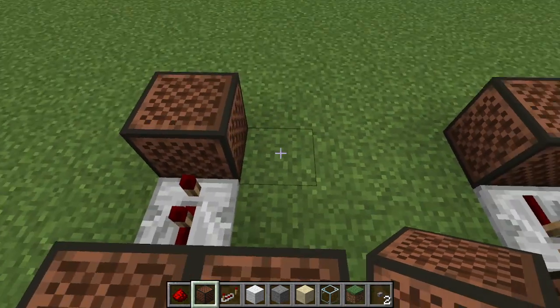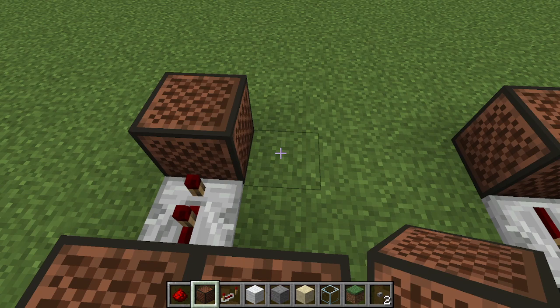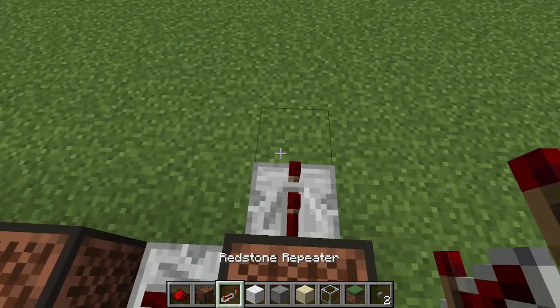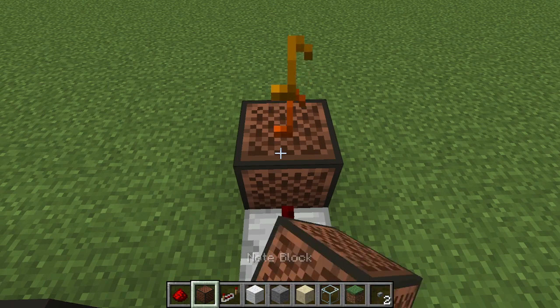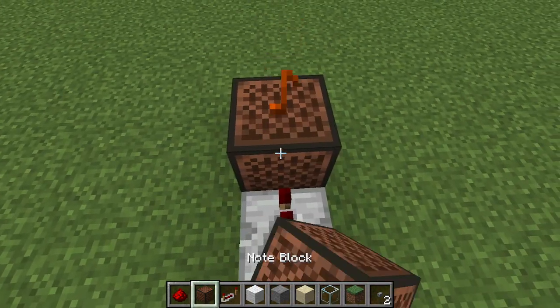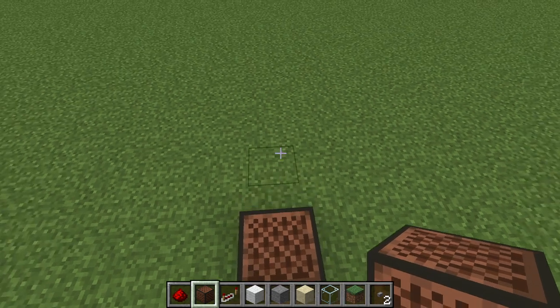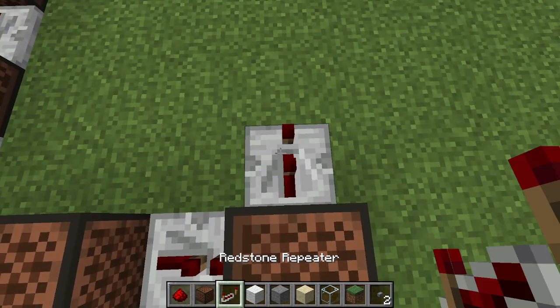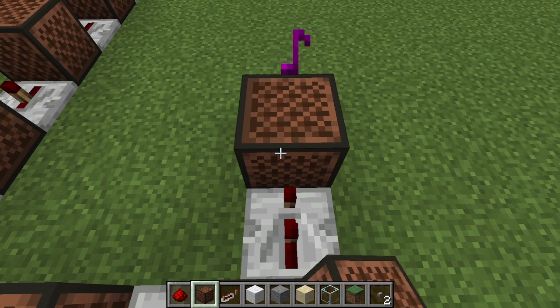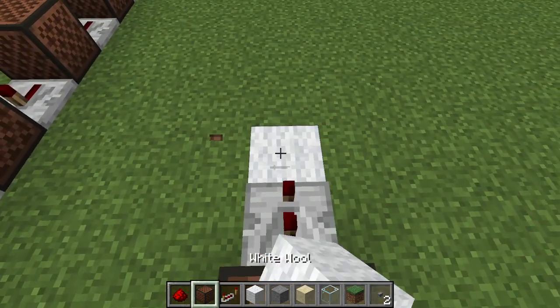Make sure this next note is on the right here because we're going to be turning. This one's going to be normal 3, turn left and do 2 ticks, normal 7, 1 tick, wool 8, turn left and do 2 ticks, normal 10,